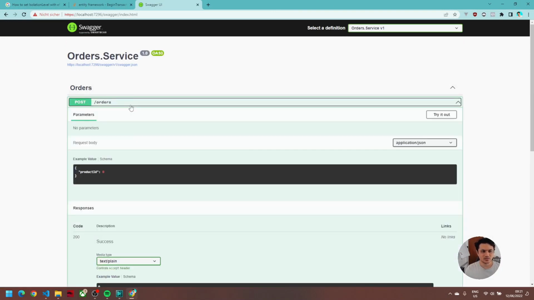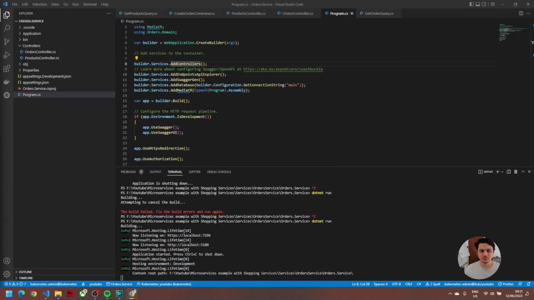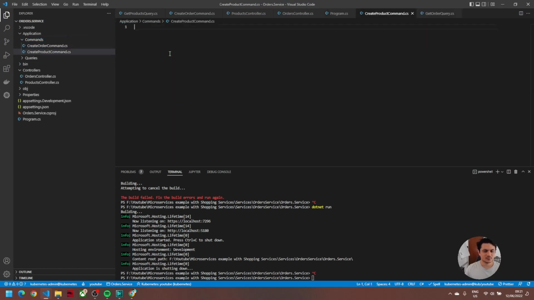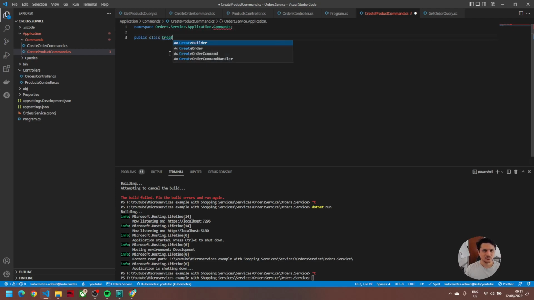For now, let's just add the product. Actually, we forgot to add an endpoint to create products. So let's also do that. Application, Commands, and then new file, CreateProductCommand.cs, namespace Orders.Service.Application.Commands, and public class CreateProductCommand, IRequest,